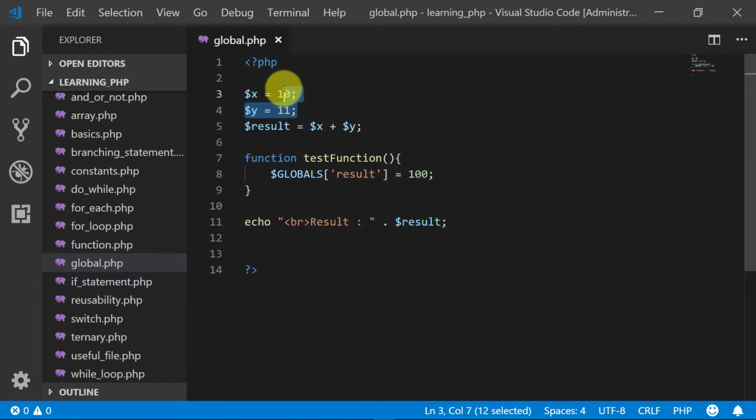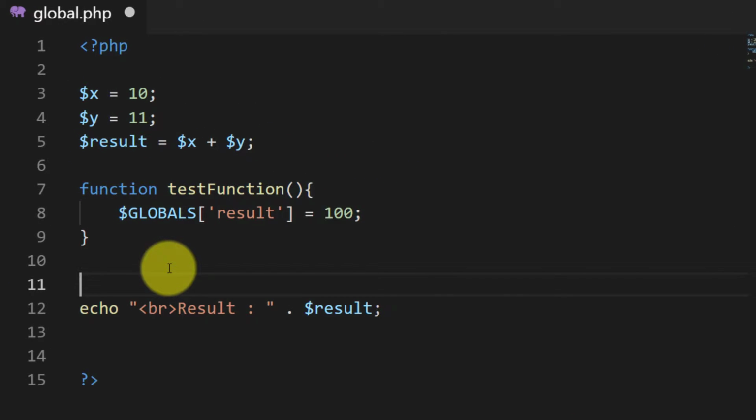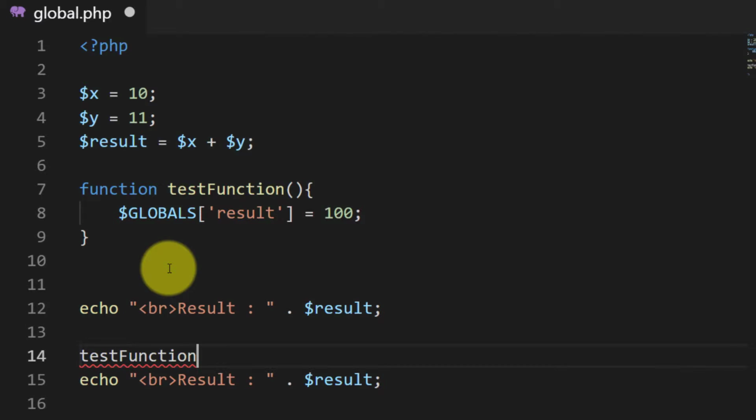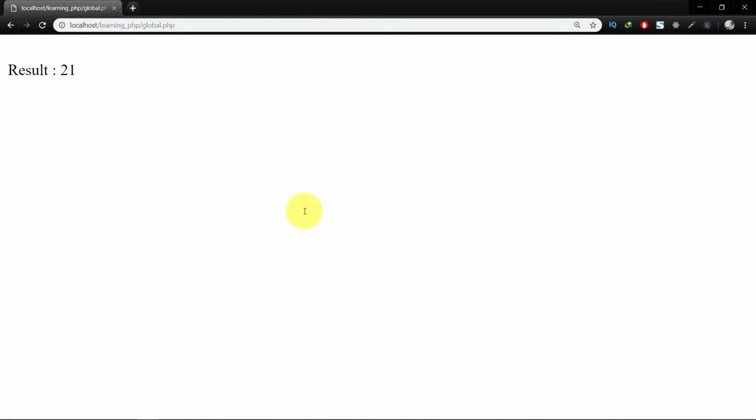But as soon as we call this function, test function, let's copy this line and call this function. The previous result was 21 and the new result is 100 because